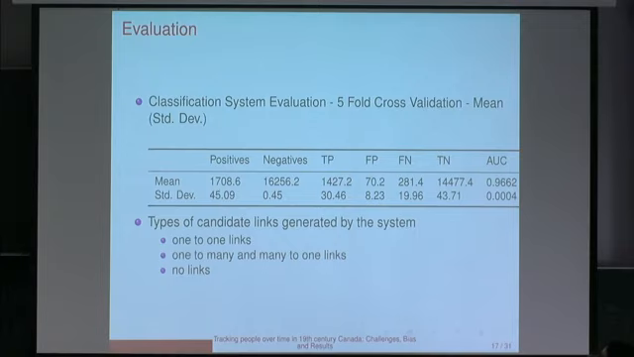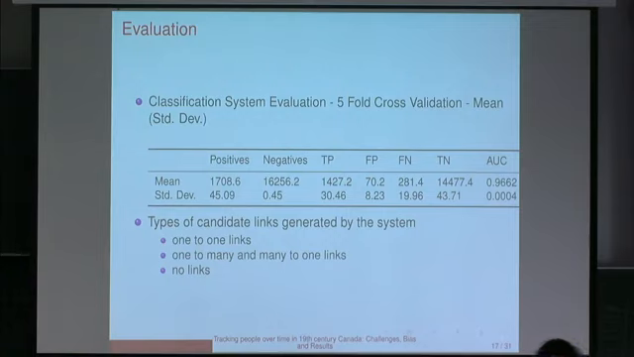I'll show you the evaluation for our system. We did a 5-fold cross-validation, and these are the true positives, false negatives, true negatives. Then, as an overall evaluation, the area under the curve shows you how well the classification system is doing. Based on this, you would say the classification model that we have is doing reasonably well